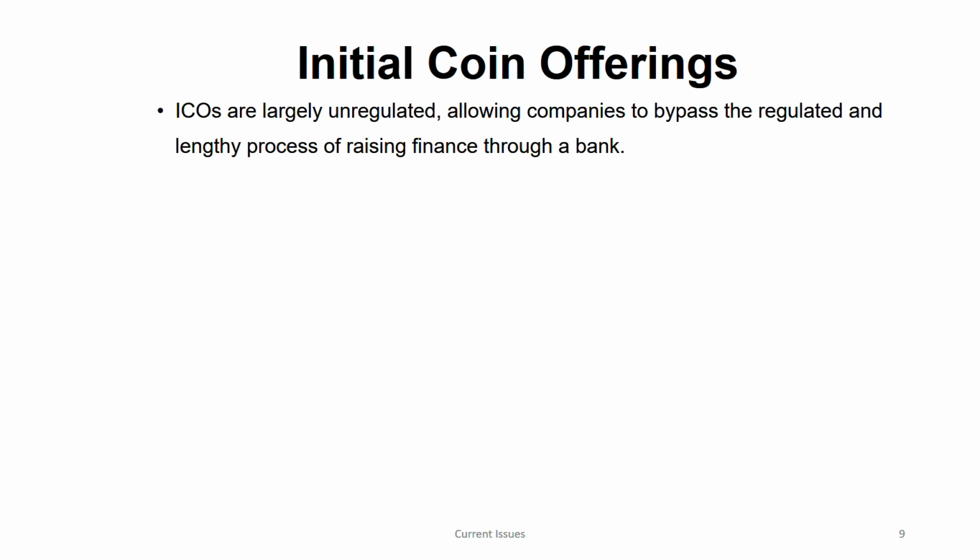For example, have you ever experienced going to a bank when you want a loan? You are requesting a loan. How lengthy the process is, and how much information the bank asks from you, and it is very regulated, right? So who will stand in that long line giving all the information when it's tightly regulated? Rather, you will always choose something very easy to bypass all this and quickly get it. So in this case, an ICO is helpful for you. But remember, it has its own risk because it is unregulated. Companies often go for it to save time.